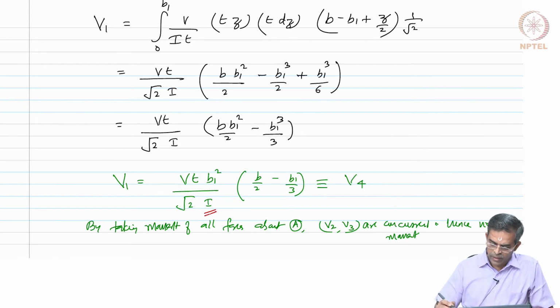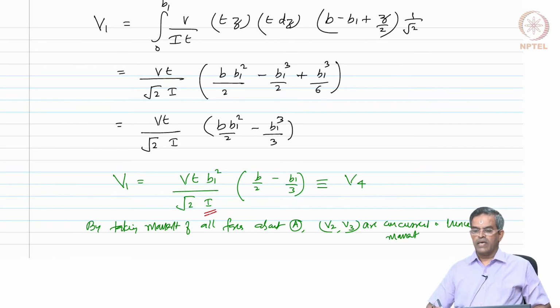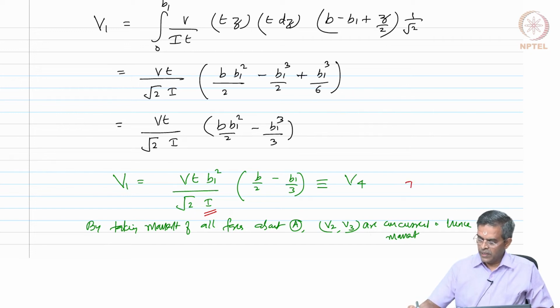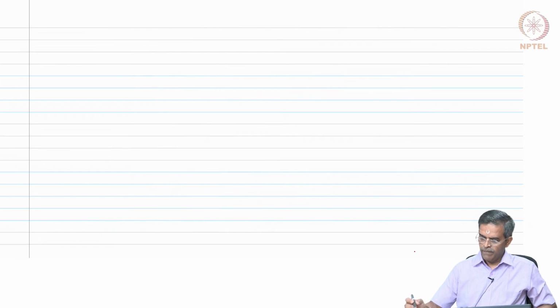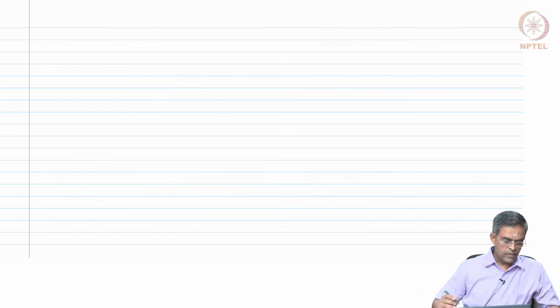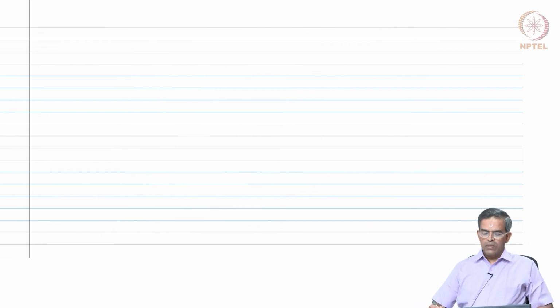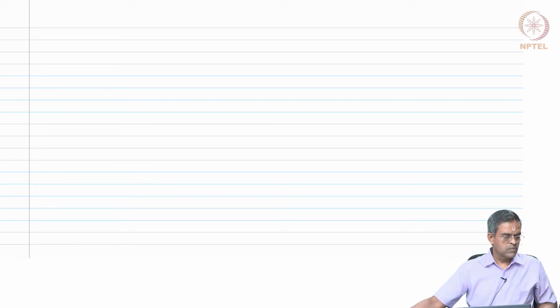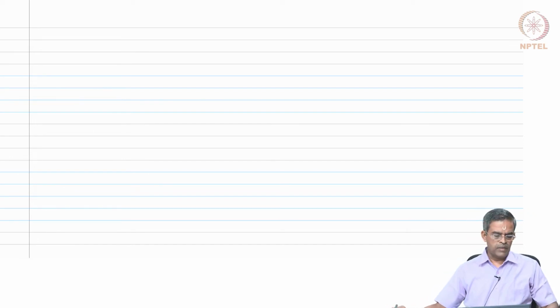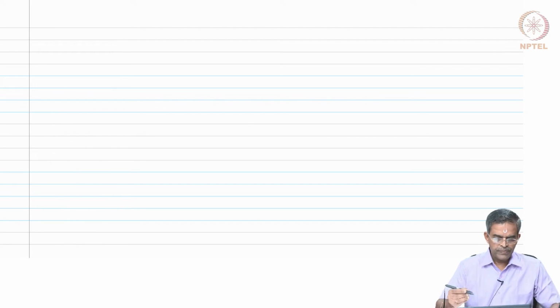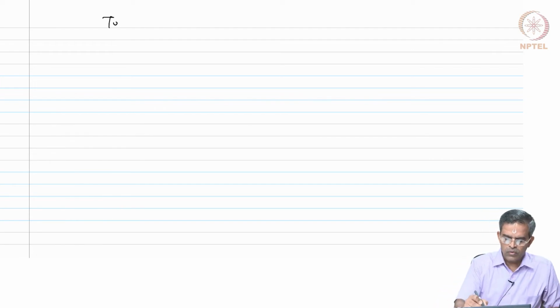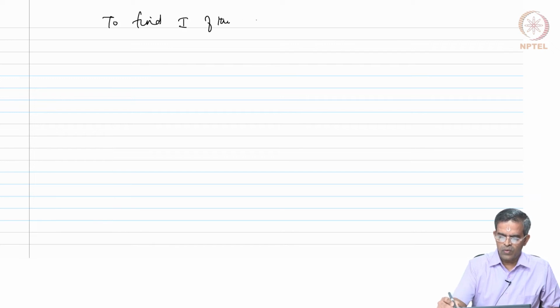V1 needs I of the entire section. So, this I is the moment of inertia of the whole section. So, that is a tricky thing here. Okay. So, let us do one by one. So, we need to find I of the whole section. Okay. So, now to find I of the whole section,